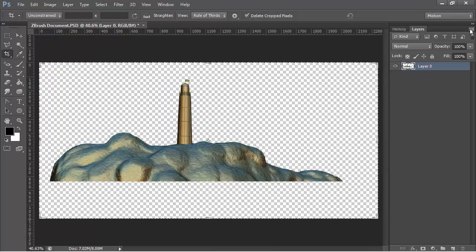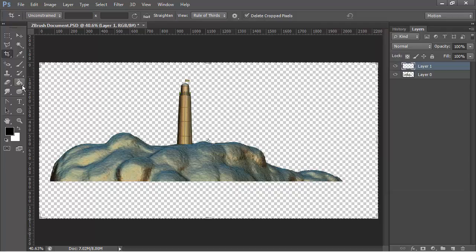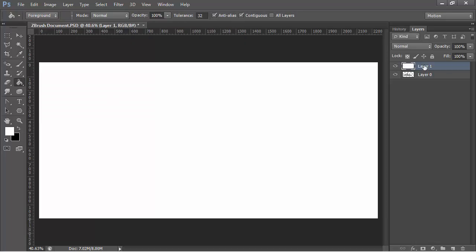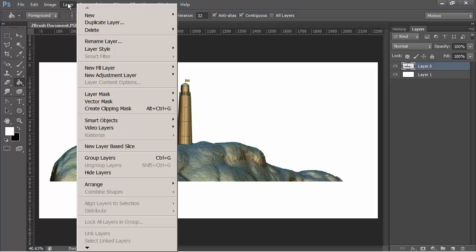but now what I want to do is come in here, do a new layer, and go to the fill tool, make sure that the white is selected, click OK, just swap that over so white's on the top, drop that in there and drag this layer down. Okay, so now we've got our lighthouse in position, and we're going to add a little drop shadow effect or